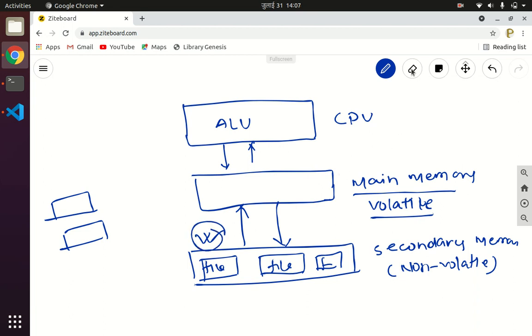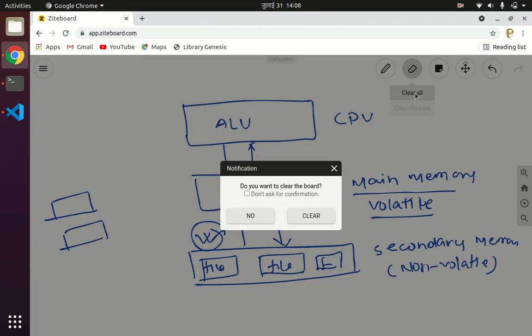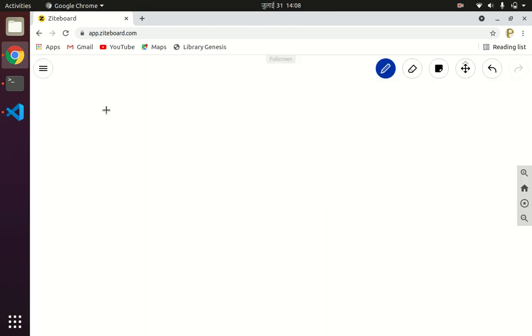So in C programming language, for file operations, we will be using a structure called FILE, all in caps. The FILE structure is defined in the library stdio.h.